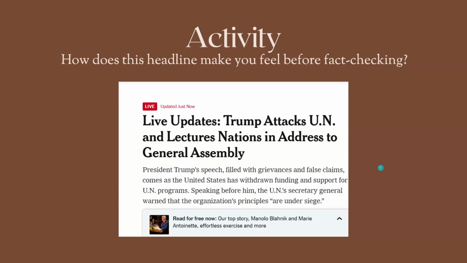The phrase was, Trump speaks with UN, or Trump addresses the UN, and those are not words that are going to elicit emotions and strong feelings. But it is natural to have an emotional response. It's just good to take some time to become aware of it.